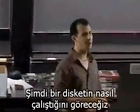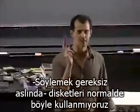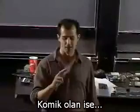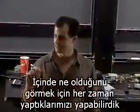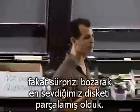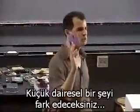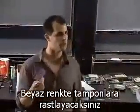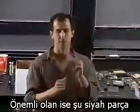So we are about to see how a floppy disk works. This is not how you should normally use these things, needless to say. The funny thing is, we went with the fancy disks this year, and as such, I think have sort of spoiled the surprise that you can actually see inside of the disks without doing what we're doing. But you notice probably a little circular something or other in there. Well, what you're seeing is some white pads of sorts, but the juicy stuff is now this black piece